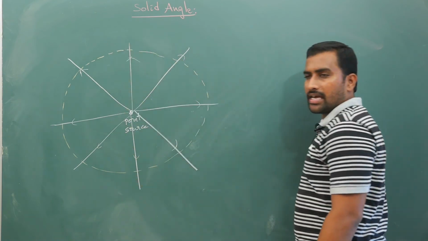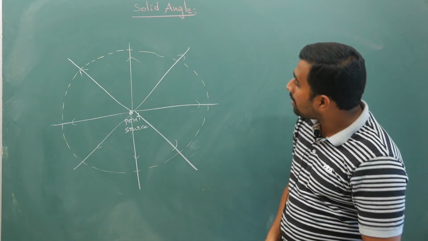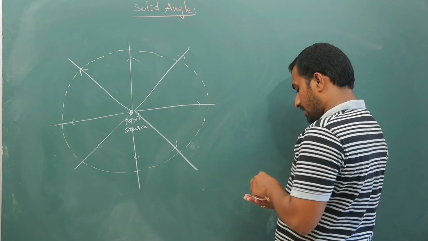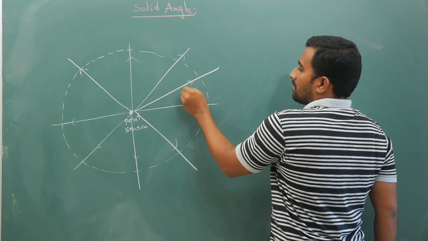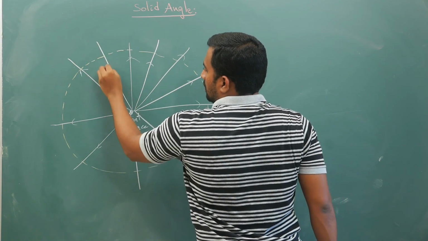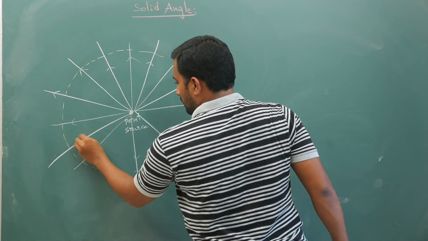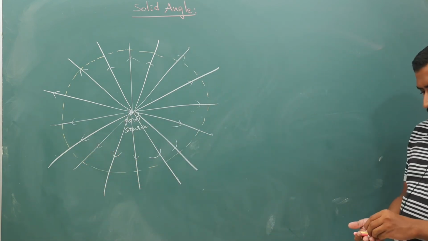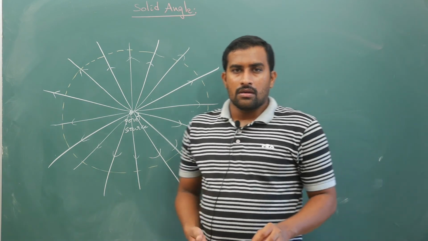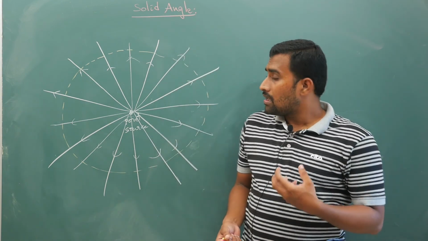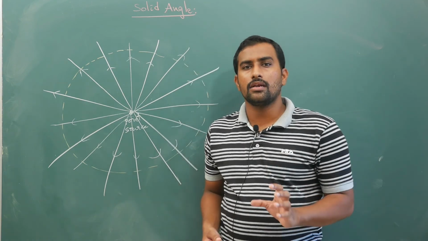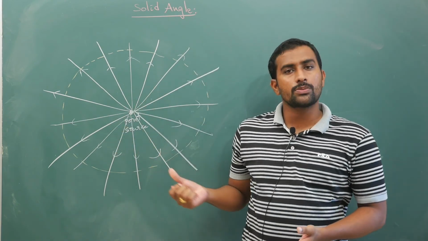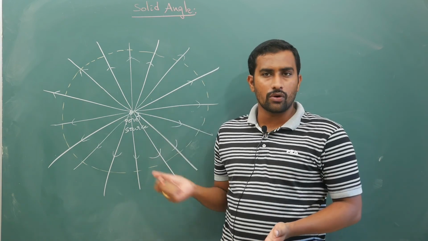Now if you look at this figure, if I take this complete spherical region for this point source, a big spherical region, across it here how many lines are going? 1, 2, 3, 4, 5, 6, 7, 8. Now let me put some more: 9, 10, 11, 12, 13, 14, 15, 16. So say around 16 lines are going like this. Now if you are looking at the logical aspect, full surface area is how much? 4 pi r square.